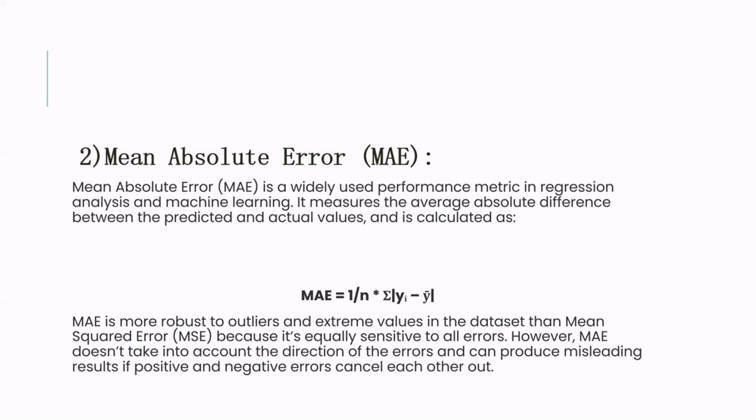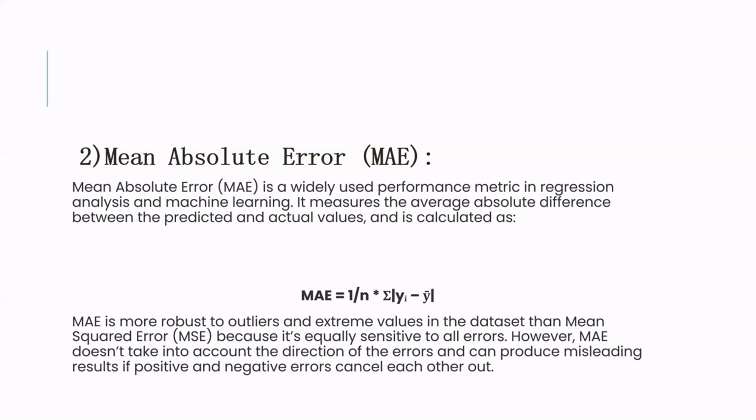Mean absolute error is a widely used performance metric in regression analysis and machine learning. It measures the average absolute difference between predicted values and actual values, and it can be calculated as follows. Mean absolute error is equal to 1/n times the sum of |yi minus y bar|,